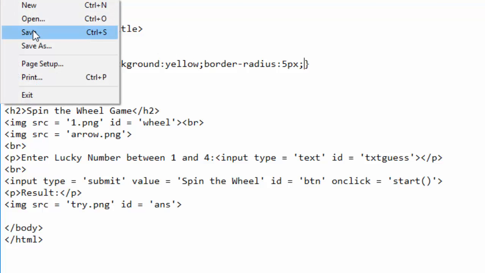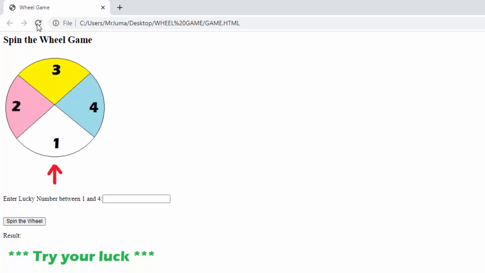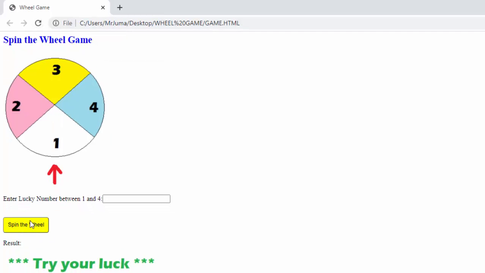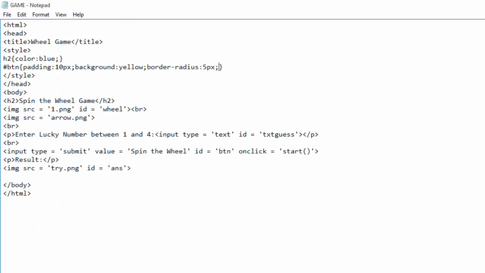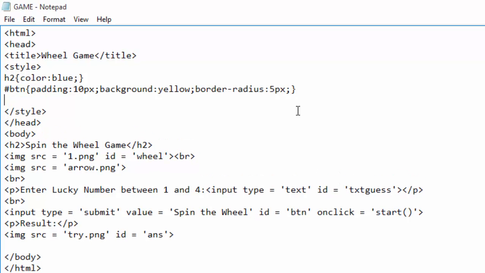Let me save and refresh. So that I see how it looks. Now it looks good. Now I want it to show a pointing hand when somebody hovers the mouse pointer on top of the button. So I will just come down here and write here hashtag btn and write here hover. When somebody hovers the mouse pointer on it, I want the cursor to change to pointer